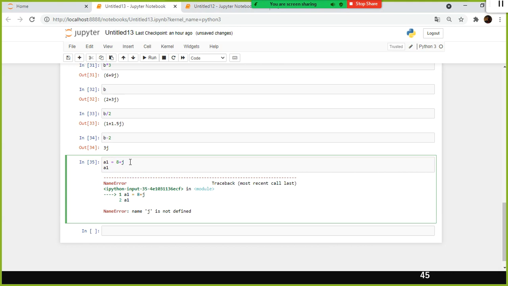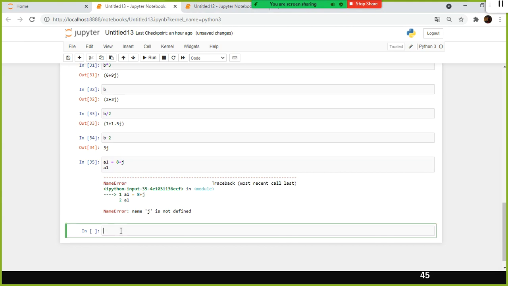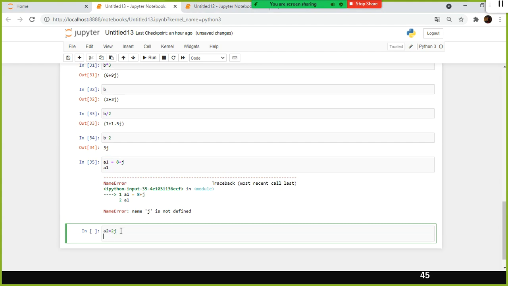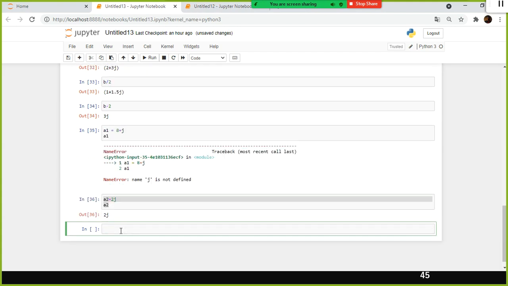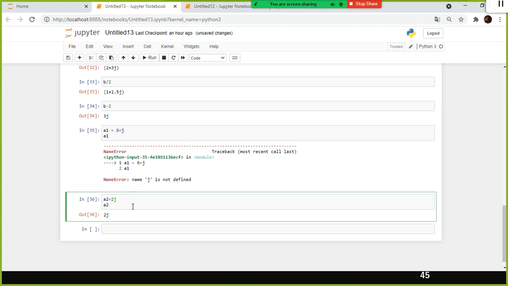So you have to specify some value in the imaginary part. In that case, do I have to specify any value in the 2j? You don't have to specify.